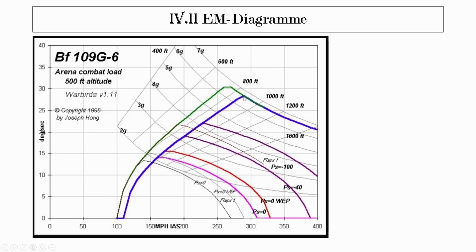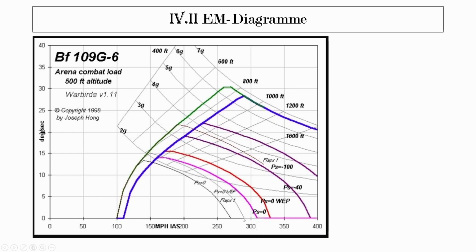Probably that's the point where you would start to black out, or maybe secondary effects would come into play, like control stiffness, lockup, freezing, stuff like that, where at some point you won't be able to pull the G's necessary. And as you can see, we are just under 300 miles per hour in this case,